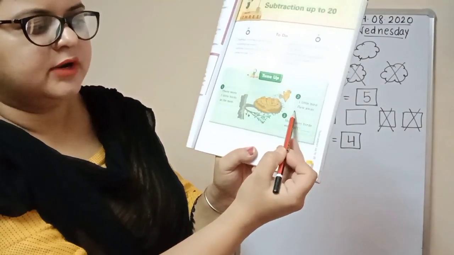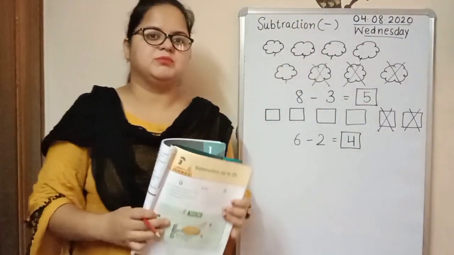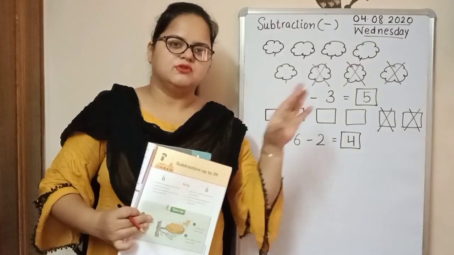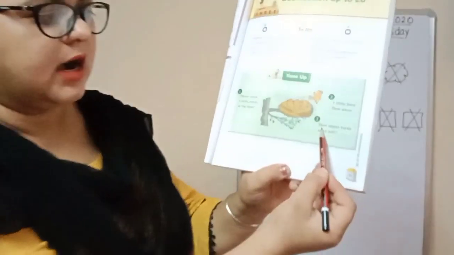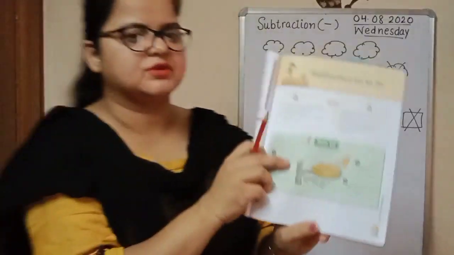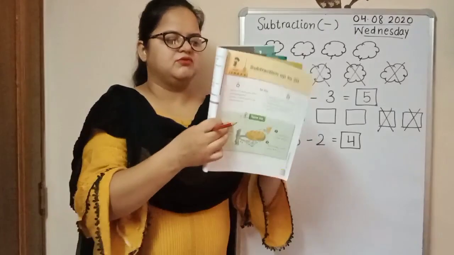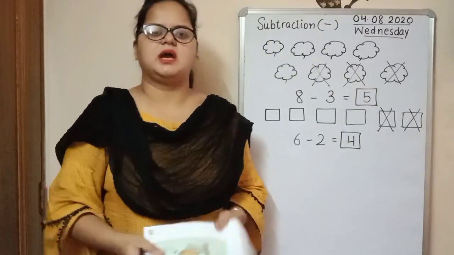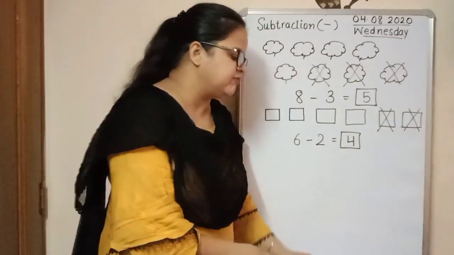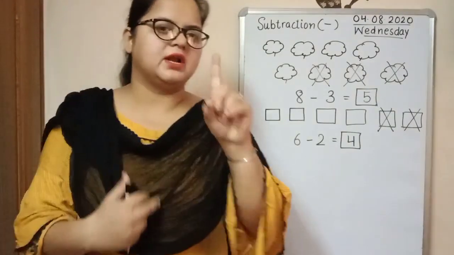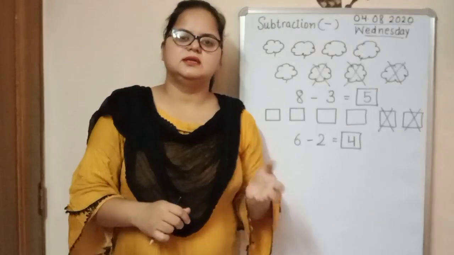One little bird flew away. One little bird from these 5 birds flew away. एक bird उड़ गया है. Then how many birds were left? Left means here we have the word left, means we have to do the subtraction. There were 5 birds on the nest. One bird flew away, and how many birds left on the nest?